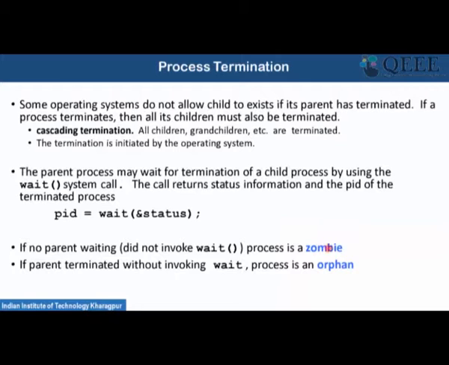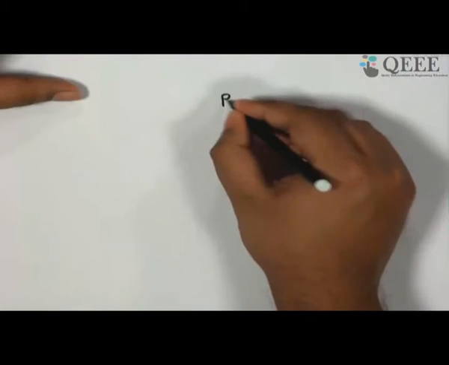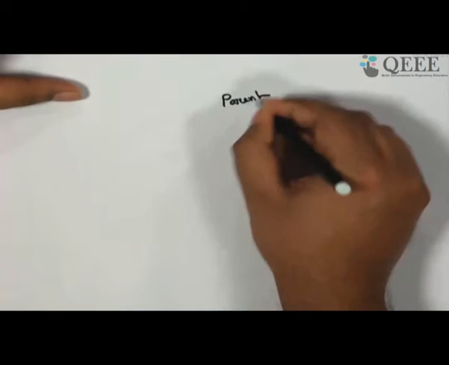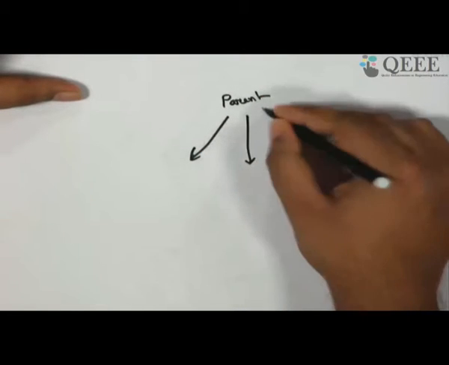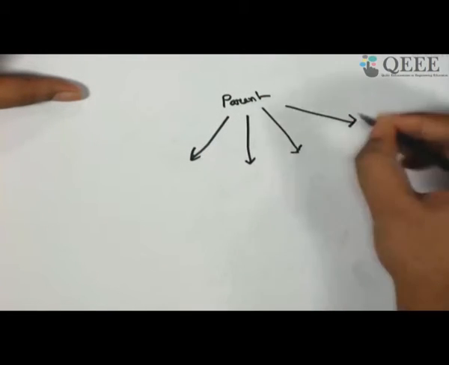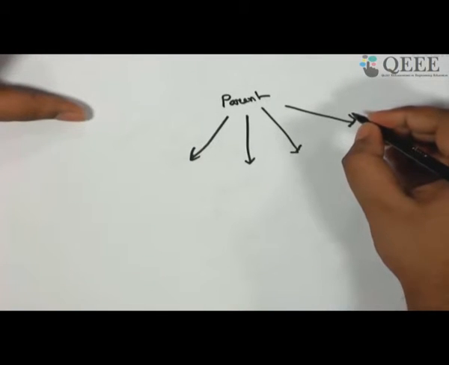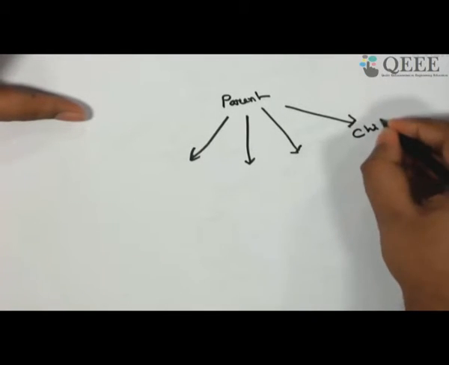And there can be another state, like an orphan process. In case of an orphan process, the parent process is forcefully terminated, and in that case the child processes become a kind of orphan process. So you have some parent process, and the parent process has created multiple child processes. Now it may happen